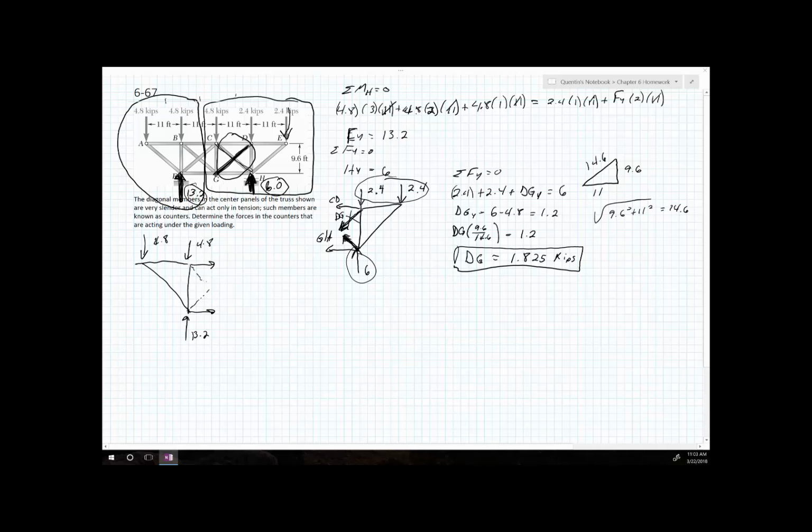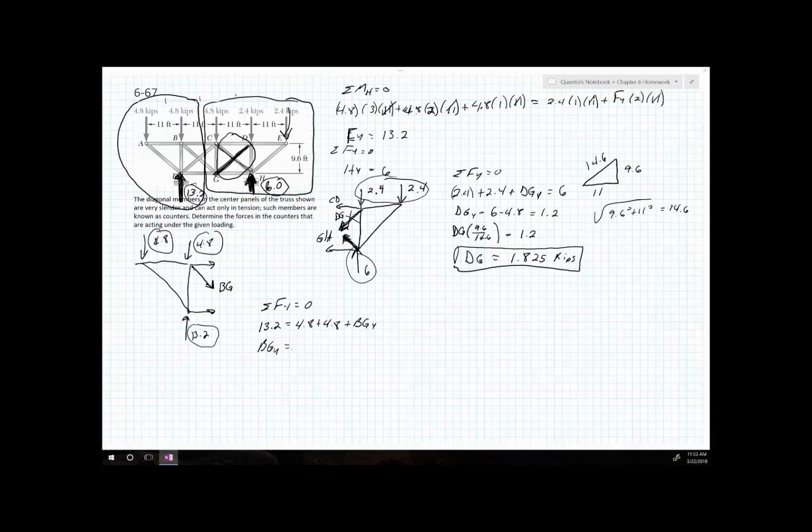So again, I'm going to do the same thing. I'm going to say, hey, I have 4.8 plus 4.8, so I have 9.6 going down. I have 13.2 going up. So right now there's clearly more going up than going down. So I'm going to add more going down. So I'm going to say this is the one right here. And this is BG. So I'm going to come in here and say sum of my forces in y equals 0. So my ups equals my downs. So 13.2 is equal to 4.8 plus 4.8 plus BG in the y. So therefore BG in the y is equal to, well,